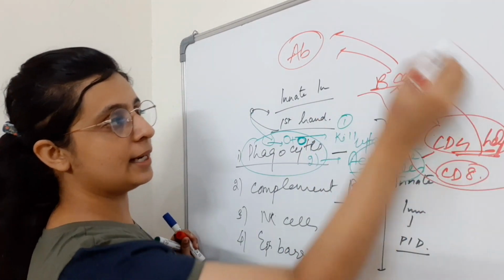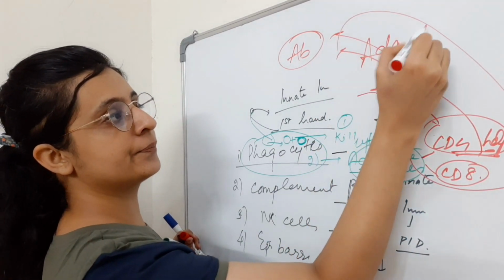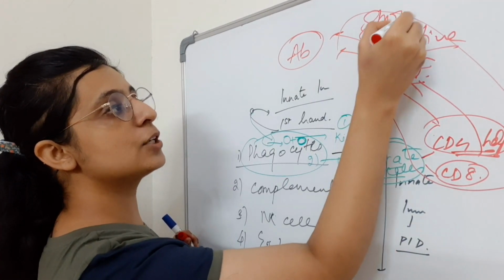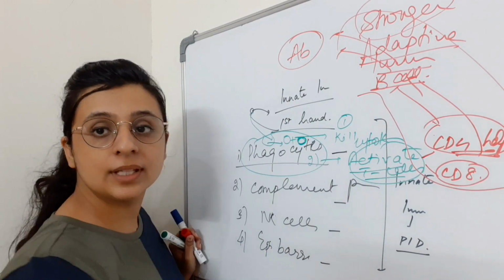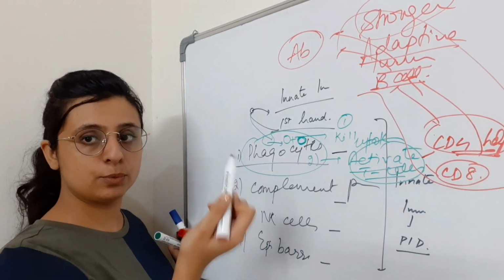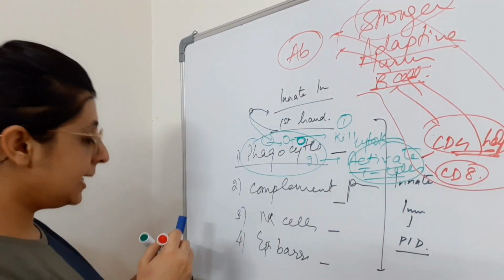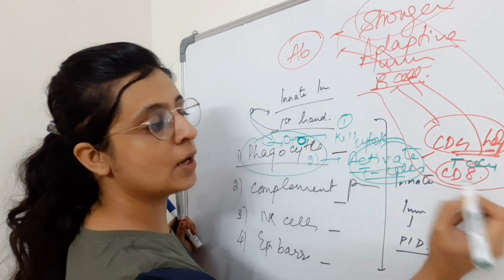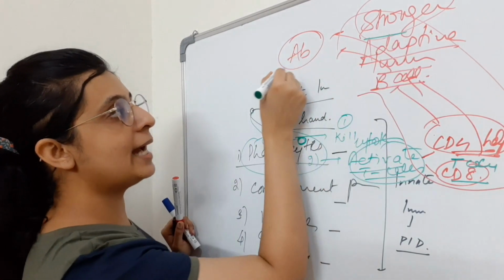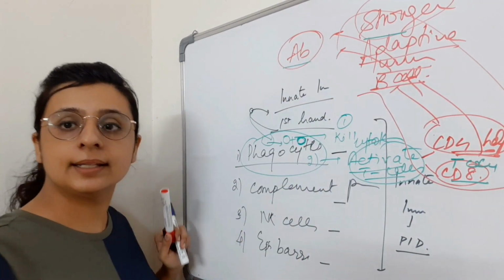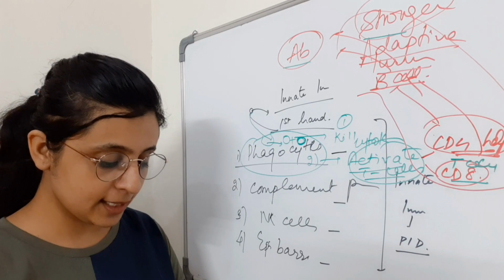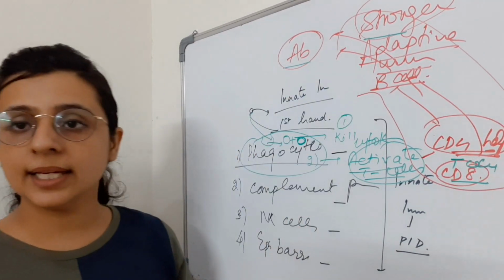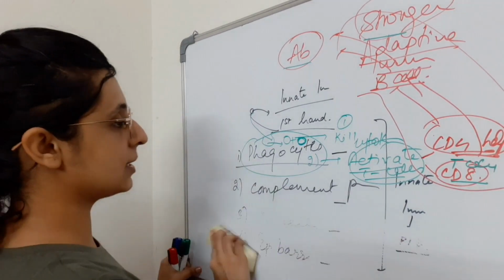This is your adaptive immunity, which gives a stronger reaction to your foreign agent along with the immunological memory developed to your foreign agent. Any defect in the T lymphocytes or the B lymphocytes or the antibodies will lead to the defect in the adaptive immunity, right? So you understand how this concept of innate immunity and adaptive immunity works.